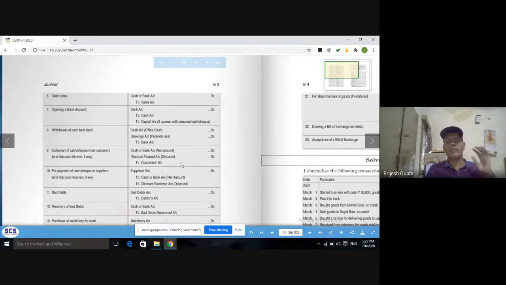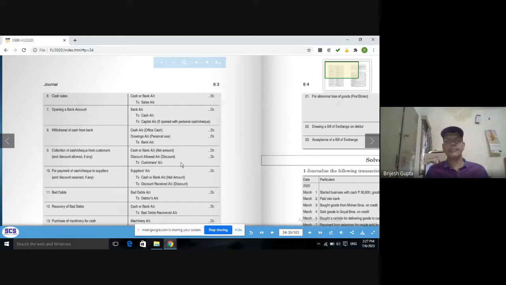And if we see the modern approach, in the 5 types of accounts, they say debit the increase in expenses, credit the decrease. In incomes, they say credit the increase and debit the decrease. So what is happening here? Income is increasing, so it says credit the increase in incomes. So sales account will be credited. It's a nominal account. So cash sales means cash account debit to sales account.